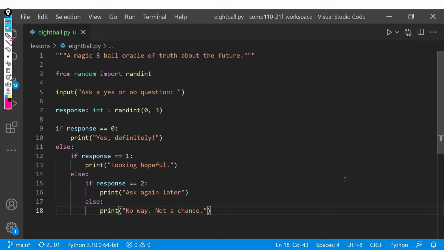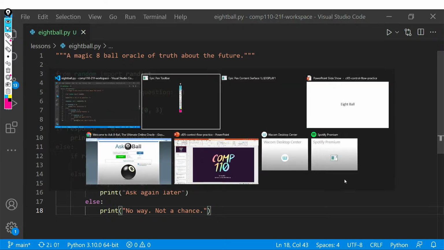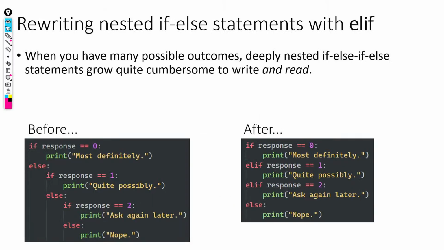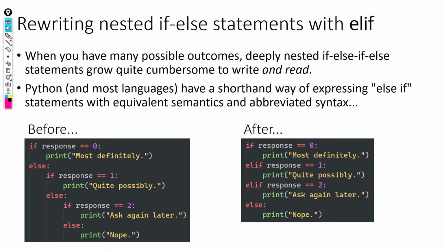Because of this, we actually have a nicer piece of syntax at our disposal, and I want to show you that before we go and implement it together. So there's a construct called an elif statement that stands for else if, and what you see on the left-hand side is exactly equivalent to the right-hand side logically in terms of how this program snippet will behave, but it's much more pleasant to read and work with in code than deeply nested else if statements, right?